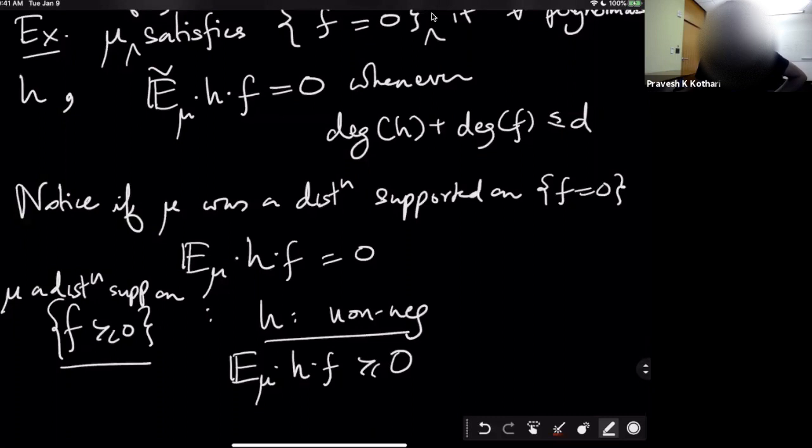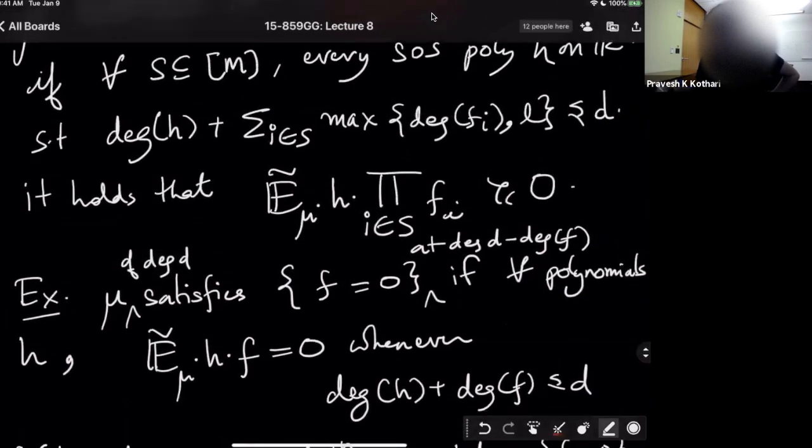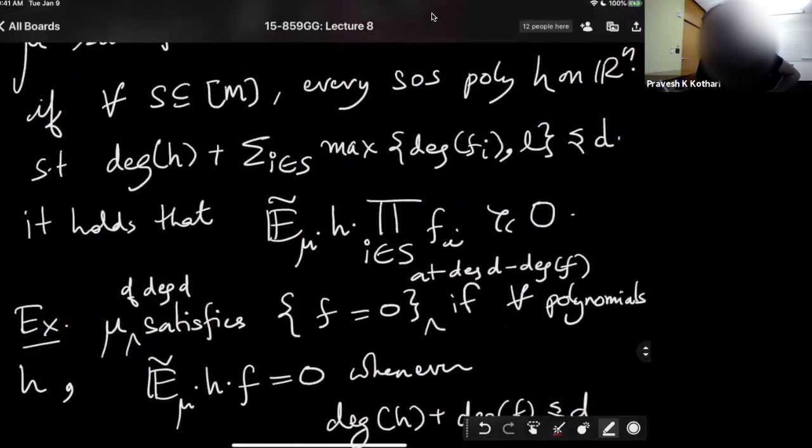Now, what we did is, in some sense, our best to import them faithfully into the world of pseudo distributions. We can't quite reason about non-negativity. We can only reason about sum of squaresness. So we replace this condition of h being non-negative by h being sum of squares. So you see here, for example, that the condition we wrote down has only SoS polynomials h appearing. And these products of f_i are what are rendered non-negative